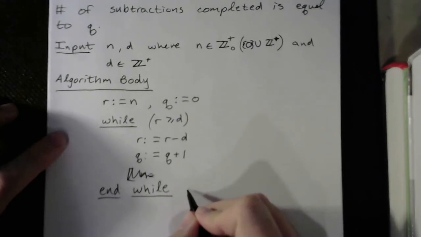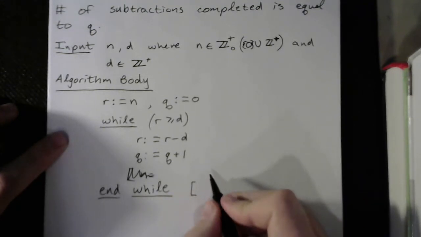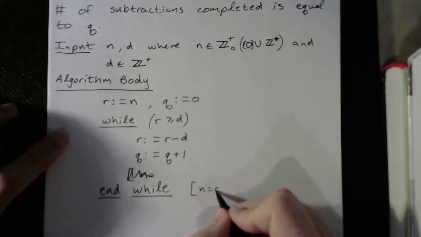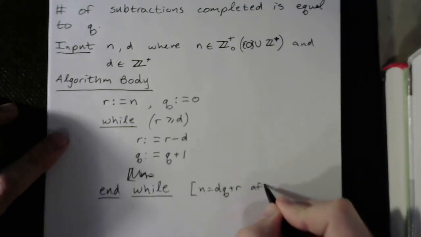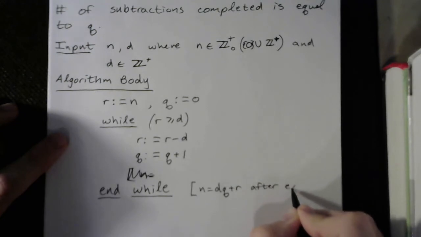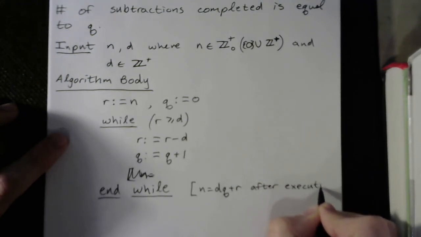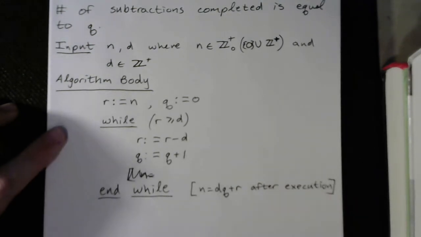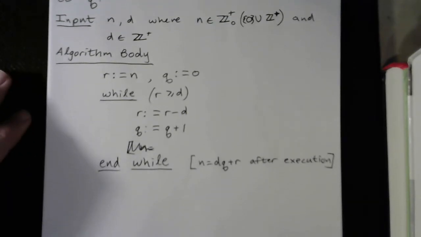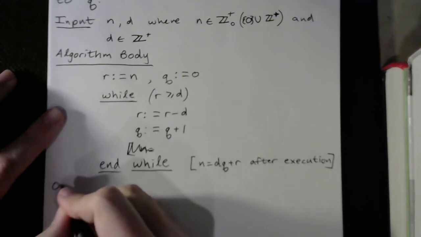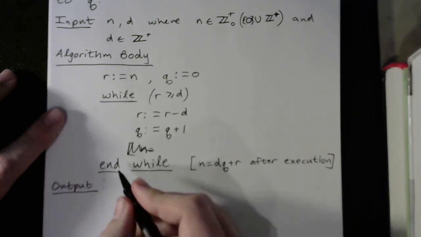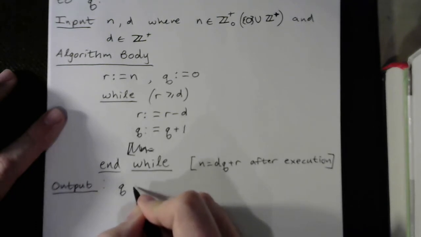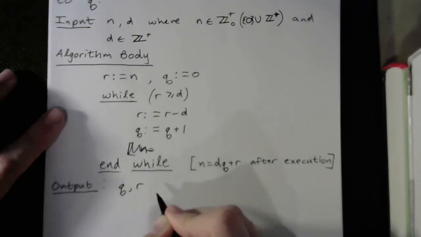Right? And at the end of this here, what happens is we have n equals dq plus r after execution. Now this is not the output because this is just what we know from the remainder theorem. Our outputs for the division algorithm are q and r,